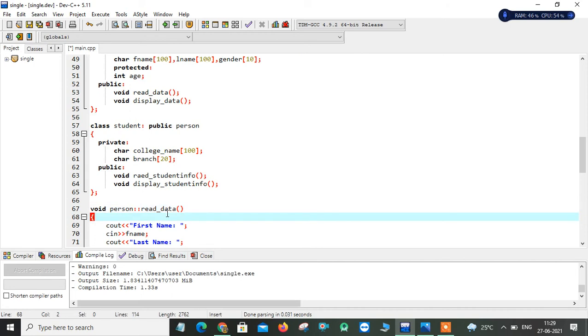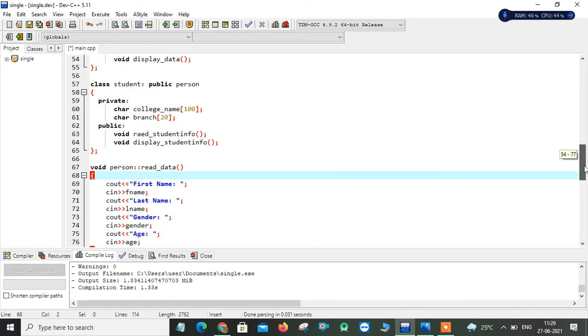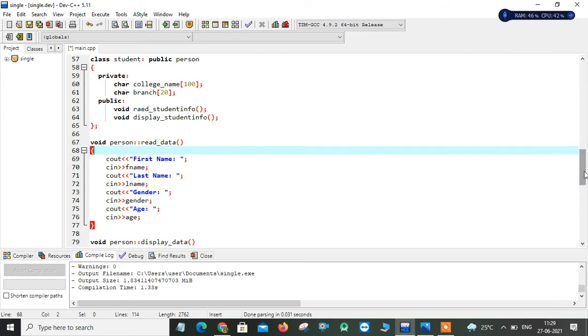So now read data. In here I'm simply reading the first name, last name, gender and age of the person. So here I'm using cout and cin statements. cout is used to display something on my screen, and cin is used to read the content from my keyboard. So first name I'll take through my keyboard with cin, and like that I will accept last name,